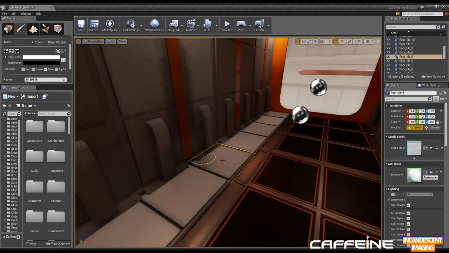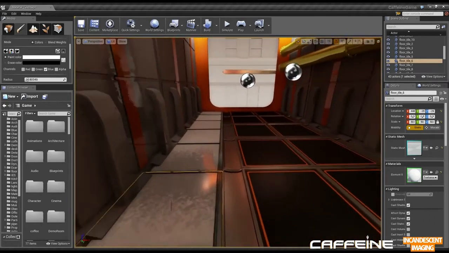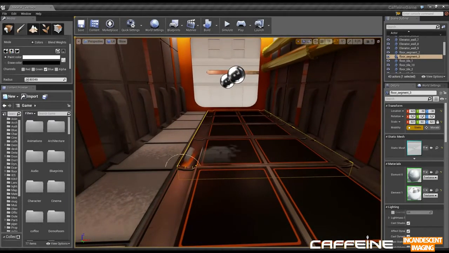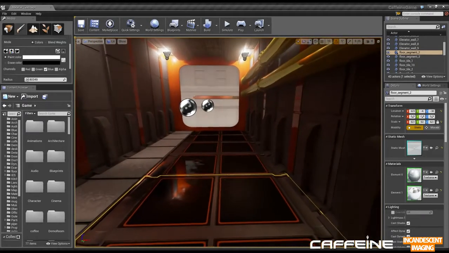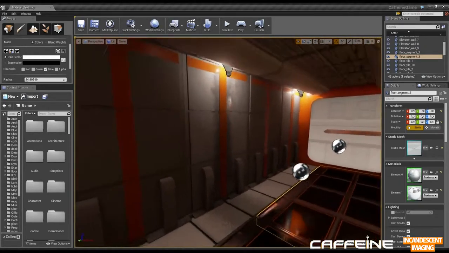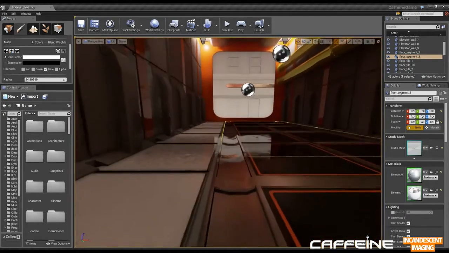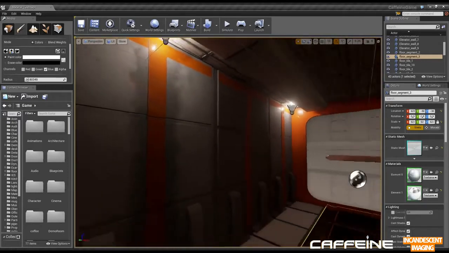Then on the tiles, we can go like so. Can even do it like this more. So it's been dripping over, and then finally onto these two, and then like so. So what we have here is a very, very fast way to add wetness to a scene,